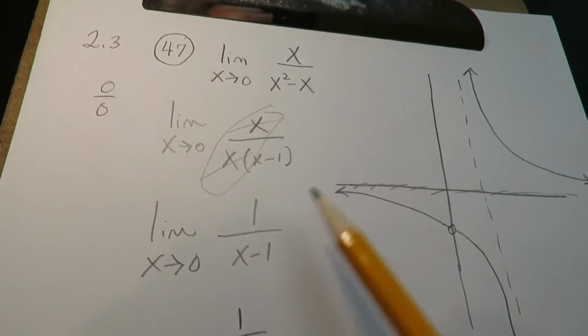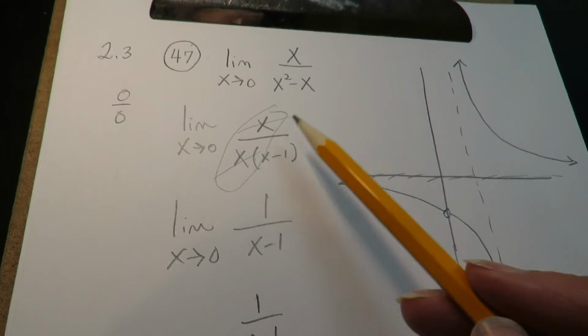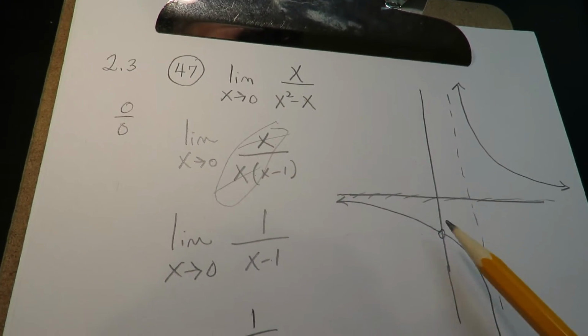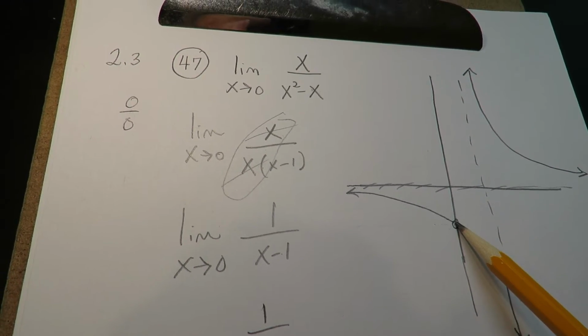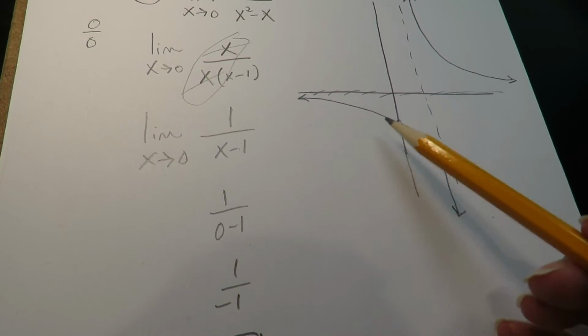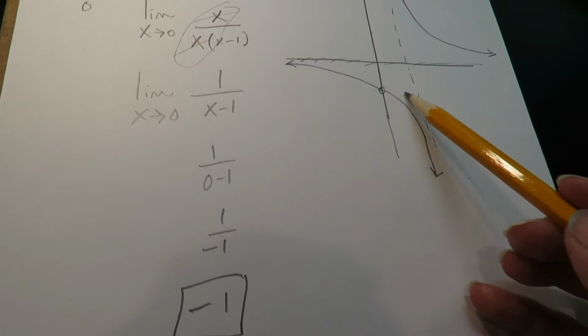So I ended up actually drawing this graph here. Actually, I drew the original because these common factors create a hole. The reduced form fills the hole, so this is filled, and then when we plug in 0, we get this spot around here. It's approaching a height of